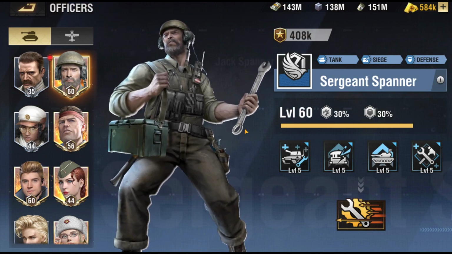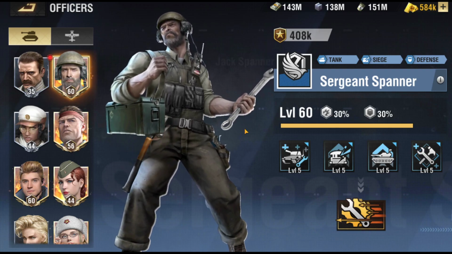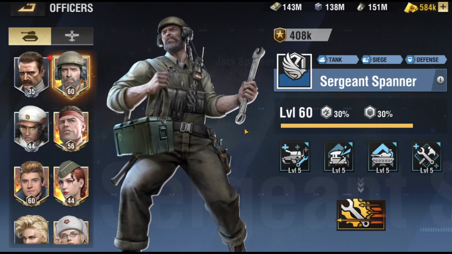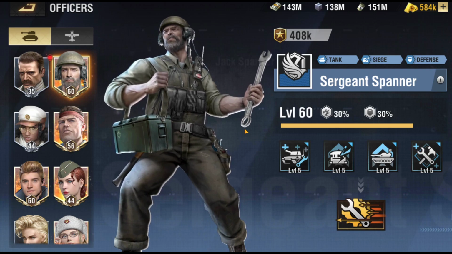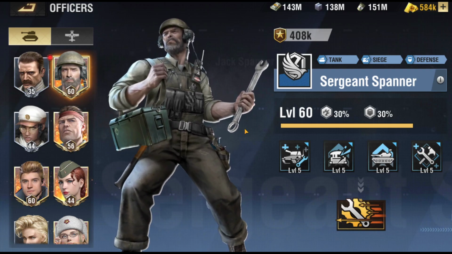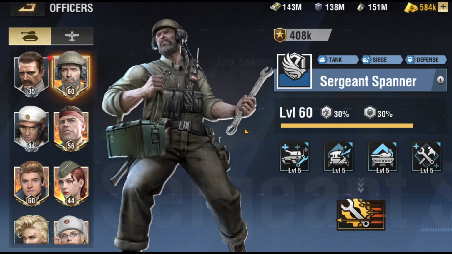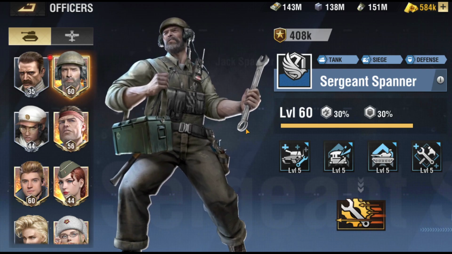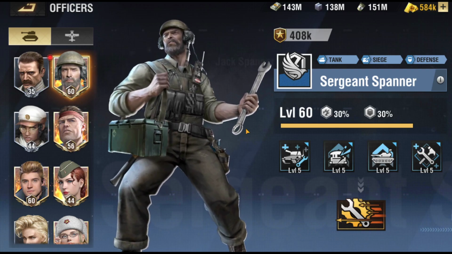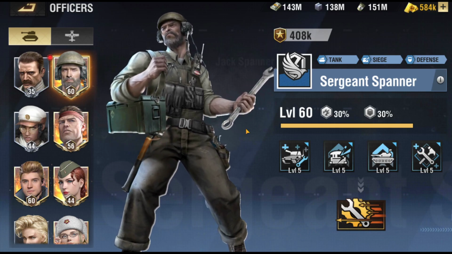Sergeant Spanner. So obviously the shield helps negate damage. Sergeant Spanner is going to heal any damage you take after the shield, or say before the shield. You take damage before the shield, he will heal that up, and the tiny bit you take after the shield, which is super amazing because you're going to be so durable and your troops are going to be full HP